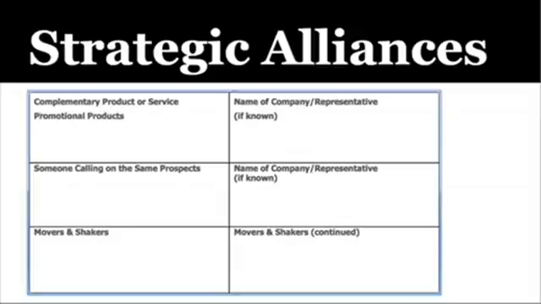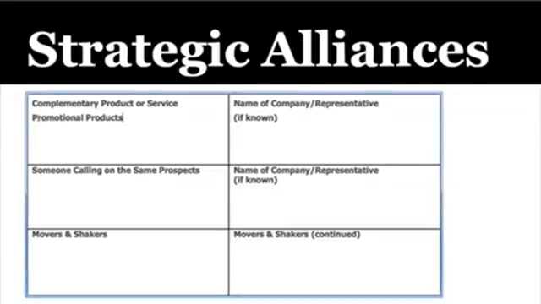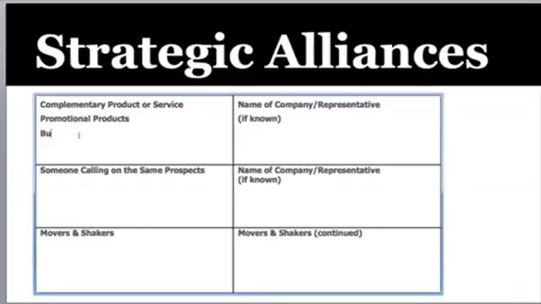That would be a great strategic alliance because they're selling them pens and pencils and tchotchkes and stuff with their logo on it, and we're helping them to get their message out about their business online, not necessarily from physical items. The next person that does complementary products or services, that would be a business consultant,